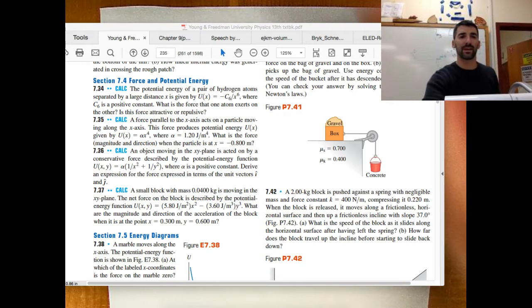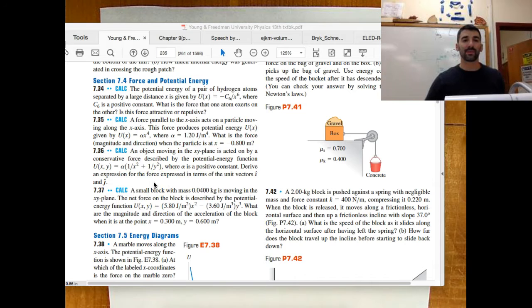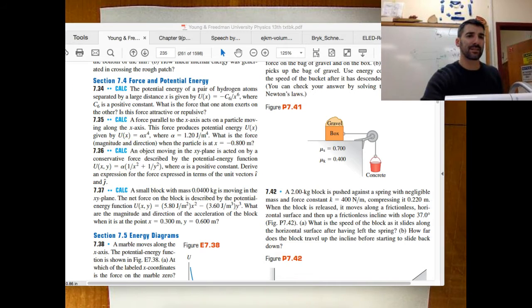And that problem we're going to discuss is right here, 7.36. You can see there's some calculus in it, so I'd like you to take a read at that problem. Essentially, we've got some conservative force moving some object, and that's what we're going to try and tackle today. So,